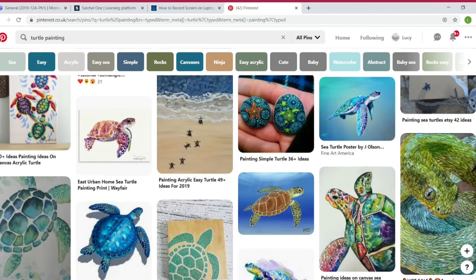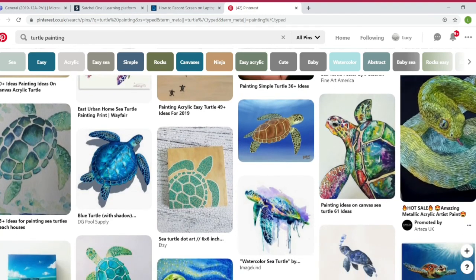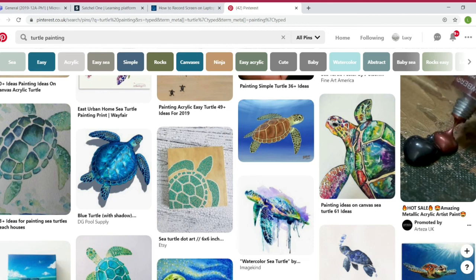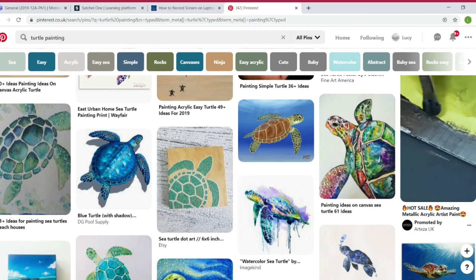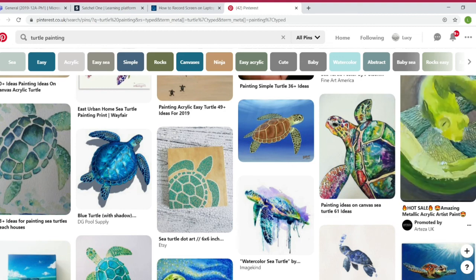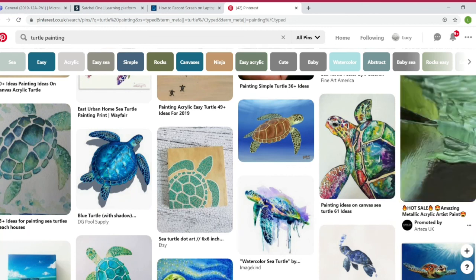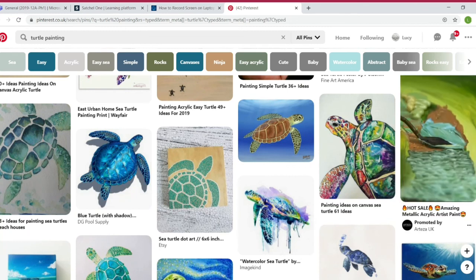So really think outside the box, use your mind map, and come up with an original idea, and lots of different ideas, but really get a style. You might pin a lot of things at first, so you might pin something like 50 pictures of loads of different things you like, but then on your mood board you might actually stick on about 20 of them or something, and really hone in on what exactly